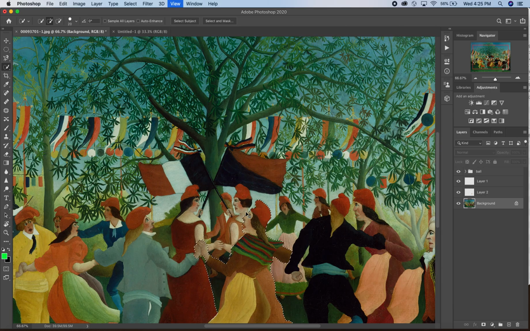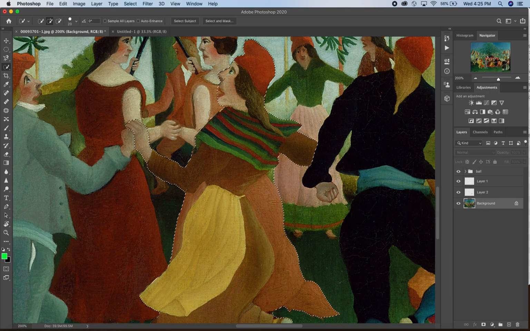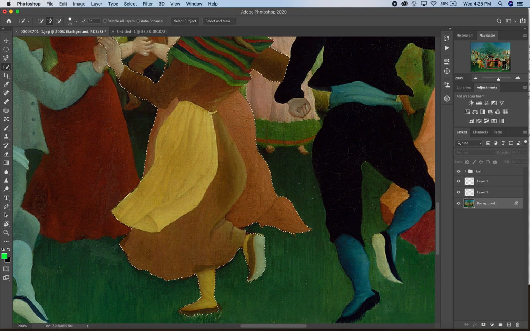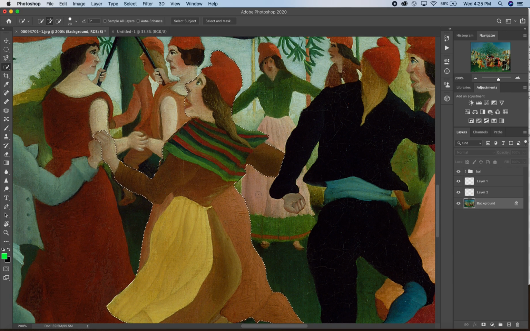So going Command plus again so that we can zoom in, and hitting the option button and just refining the edge of this figure. This is really hard because the tones are so similar that Photoshop has a hard time determining what we're thinking when we clicked into that specific area. But this is a pretty good general selection here, and I can actually move this over to the other background